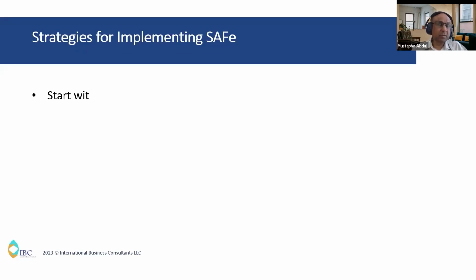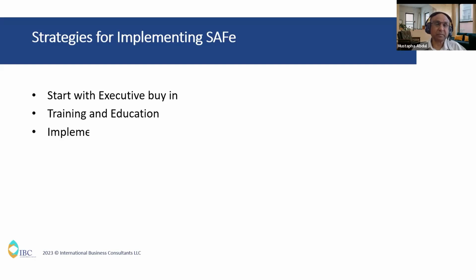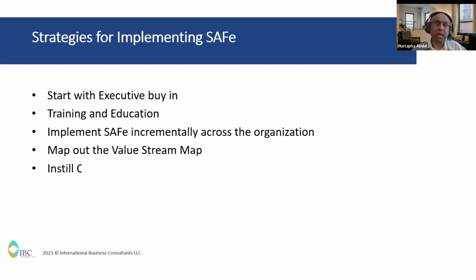And I don't know if I can share this slide, but there is a framework, or a roadmap, that talks about implementing SAFe. The first thing that happens when a company decides to implement SAFe is that you start with executive buy-in. The executives must buy into this concept of moving to SAFe. And to do so, there is a workshop that is run by the Agile Coach